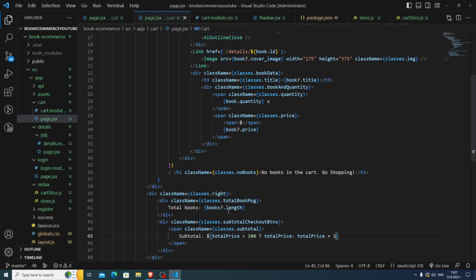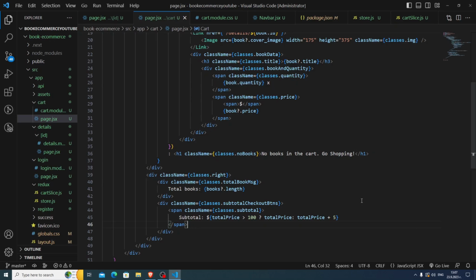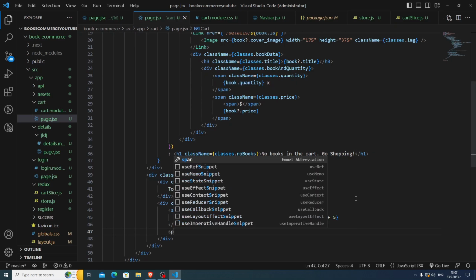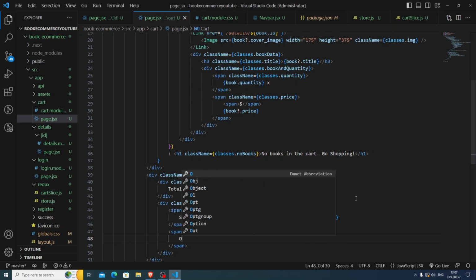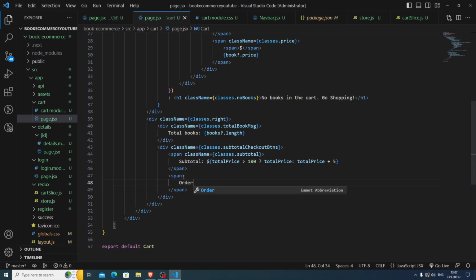So if it's more than 100, this means that we're going to have no delivery price, but if not, we're going to have just $5. If it's less than 100, we're going to have $5 of delivery. Okay, and then below I'm going to have a span here, which is just order,